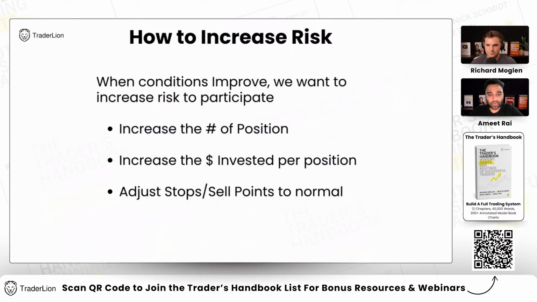And number of positions. One of the first things is sometimes traders go crazy with 10 to 15 positions that they put on, and then you don't know which one's working, what's happening. It's almost like you can't do 15 things at once. So I highly recommend that you try to reduce that.